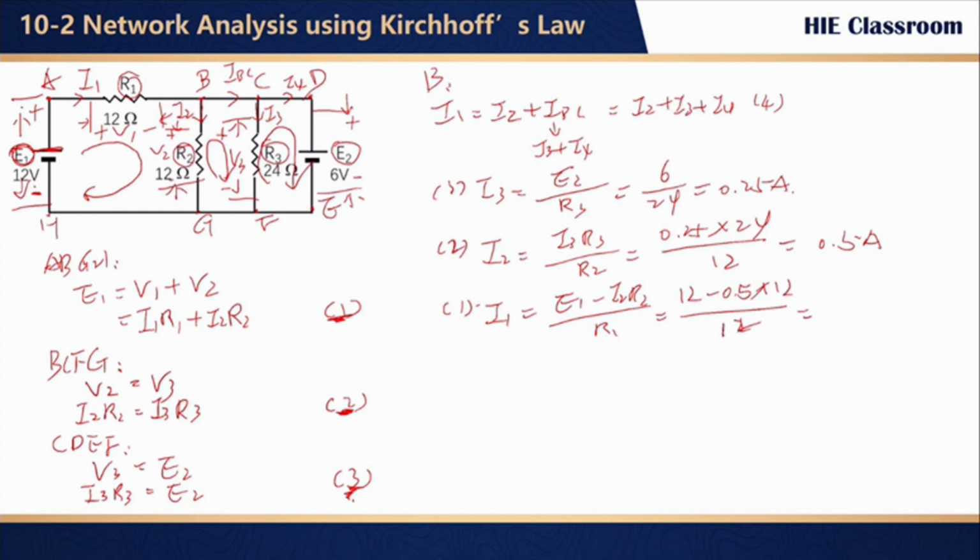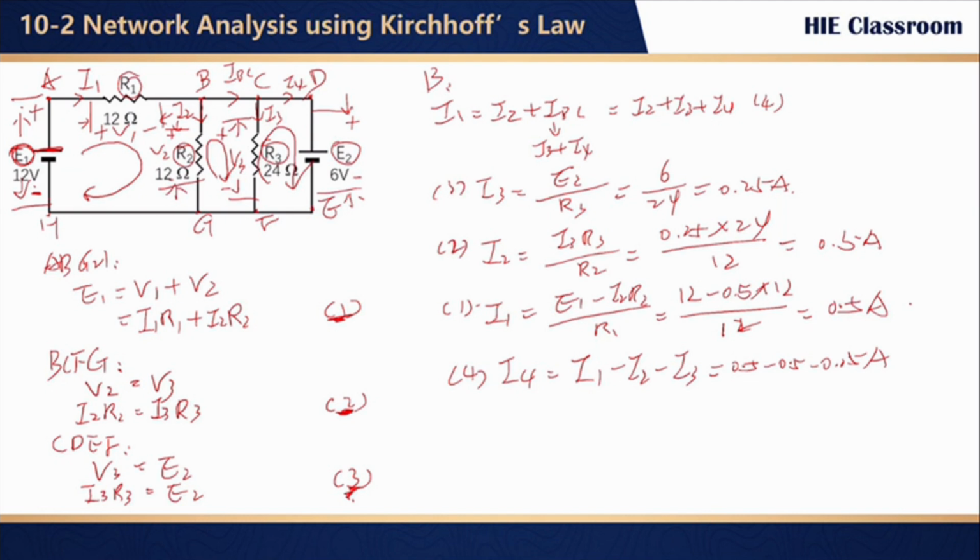Okay, so we have 0.5 amp for I1. So we have I1, I2, I3, then it's easy to figure out I4. Using equation 4, I4 equals I1 minus I2 minus I3, which is 0.5 minus 0.5 minus